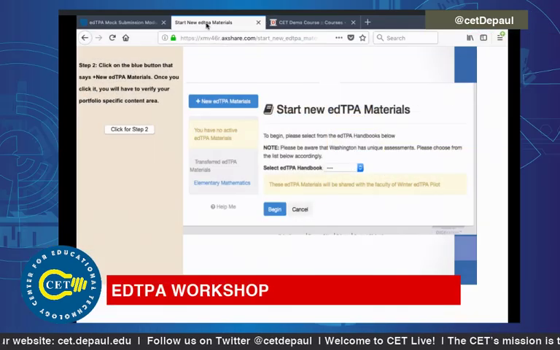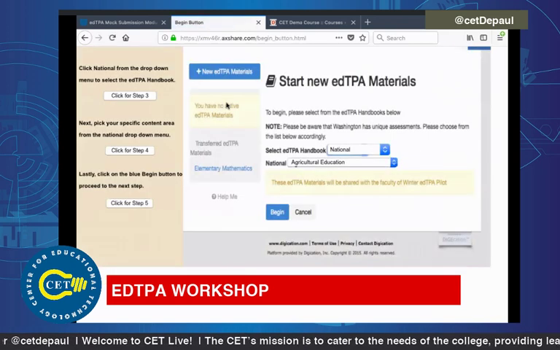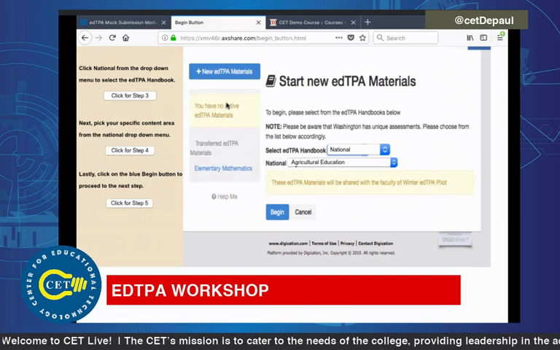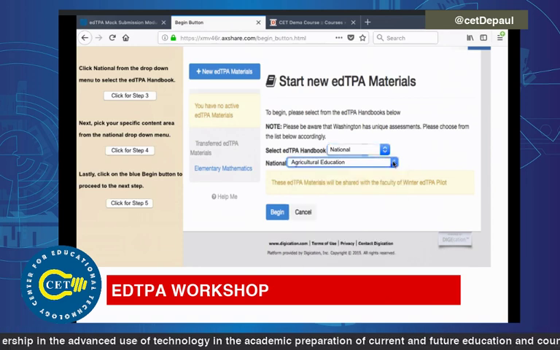So what I'm going to do is add new edTPA materials. It's going to give me a couple of choices from a drop-down. The first one, and most of you should have done this already, but I'm going through in case we had latecomers: National Handbook, we're not in Washington. National. And then pick the correct handbook for you. It's not letting me look at it. So anyway,